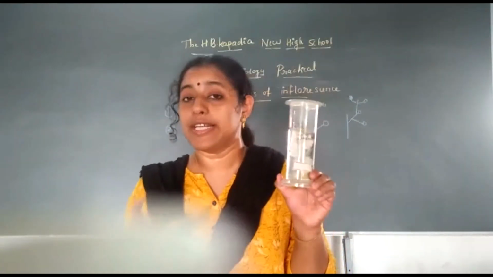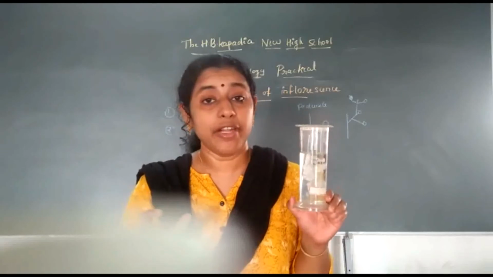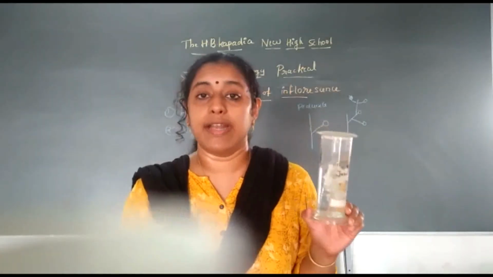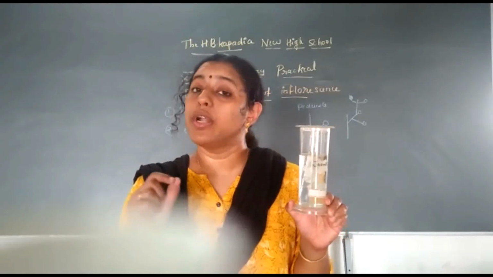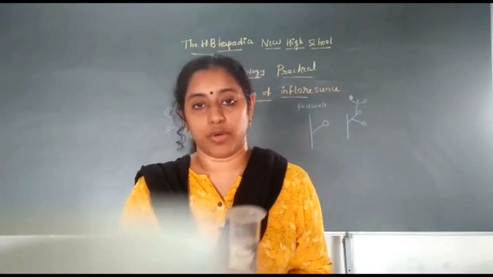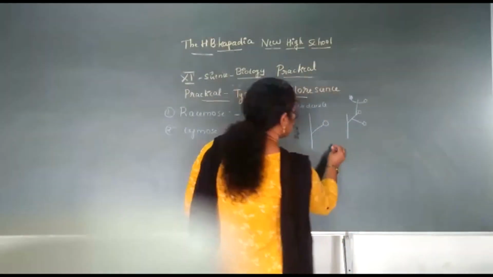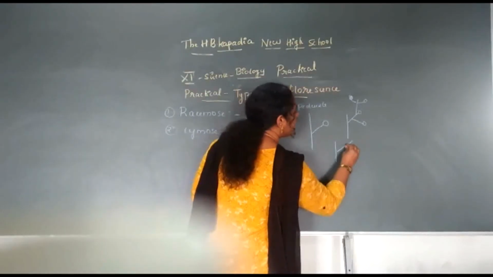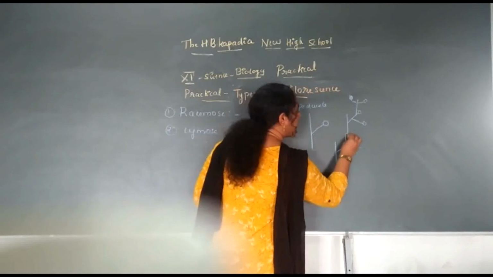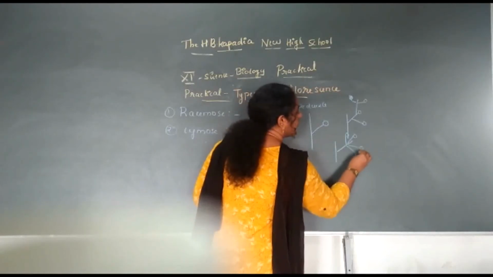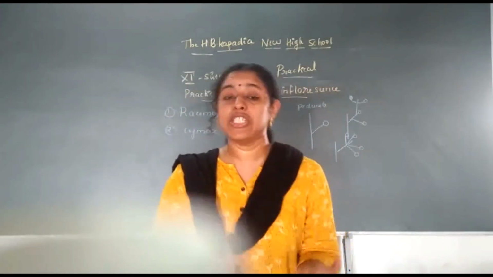When you look into jasmine flower, you can find that the floral axis at a time divided into two directions and each of them terminate into a flower. That is called biparous cymose inflorescence. Sometimes what is happening, this floral axis is divided into multiple branches, and each of the branch is terminate into a flower. As a result, the inflorescence will be having a bunchy appearance.